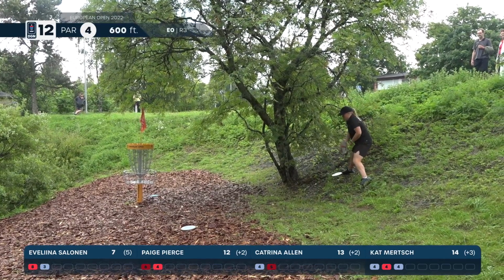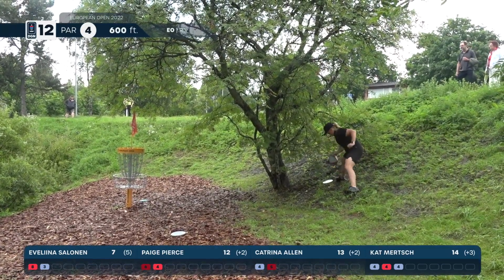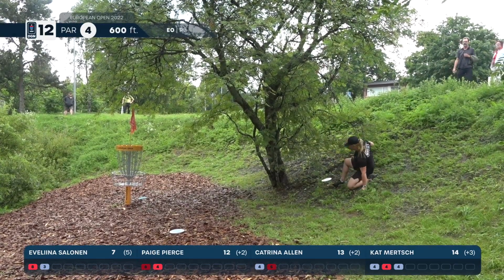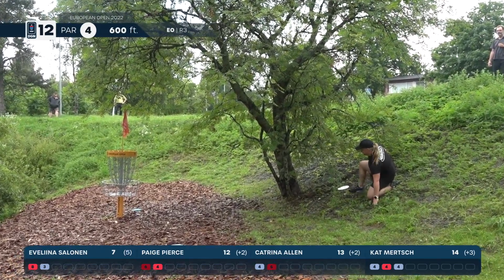Eveliina lining up, or at least looking for her attempt at a par. And you see her left foot was slipping ever so slightly. And now her right foot's slipping, her knee is slipping. She's just trying to get...